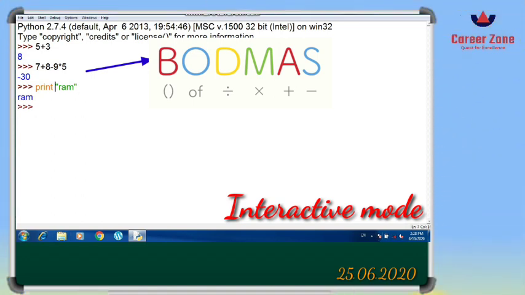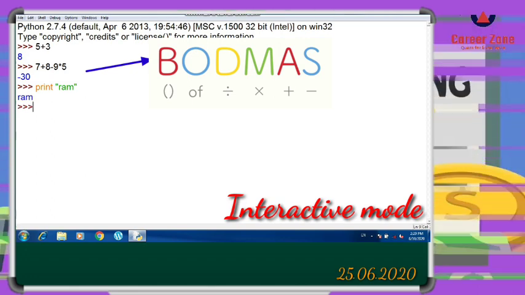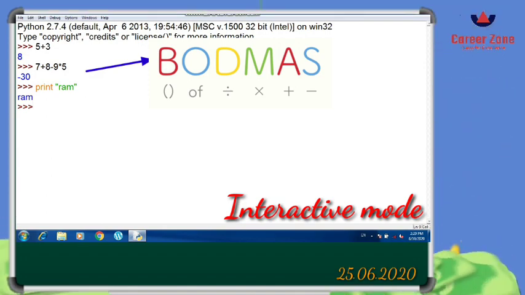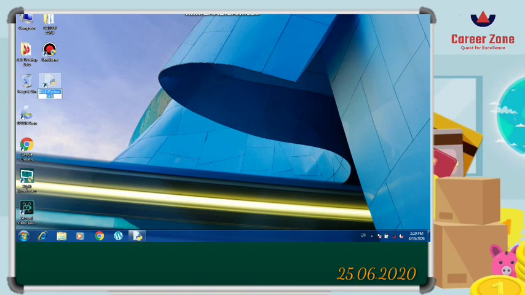Okay, so this is how we will work in interactive mode, but we are not going to work much in interactive mode. We will be working in script mode, because there we have the option of writing the whole program at once, and then we can save and execute it. And moreover, in script mode we can save our Python programs, and further we can change the program, do the modification and see it and execute it. However, here if you close the screen, it will be closed and you will not be able to see the text which you have written over there.